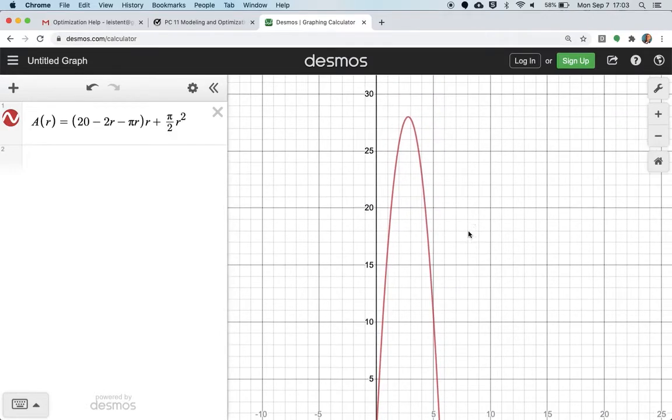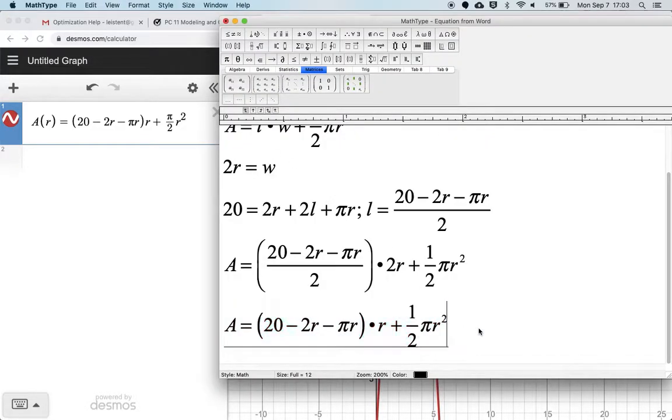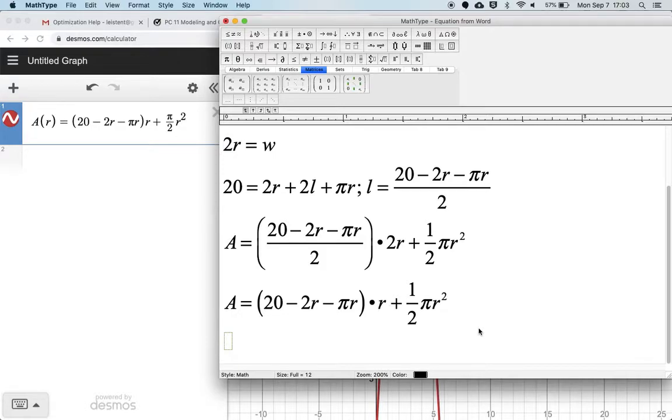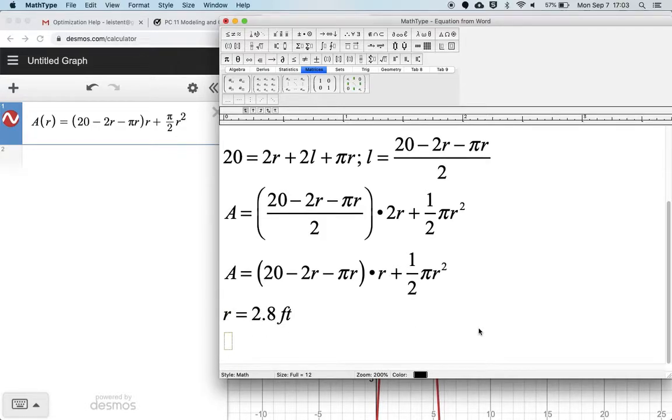I'm going to zoom out a little bit. We have a quadratic. Notice my function notation: the output, the dependent variable, is the area, and the input, my independent variable, is r in this case. So the radius is 2.8, the area would be 28, I'm just going to round that, 28 square feet. So going back, we found the maximum, the radius would be 2.8 feet,